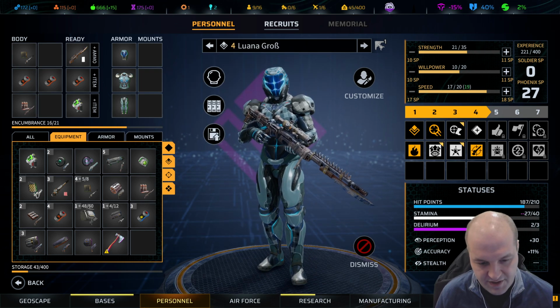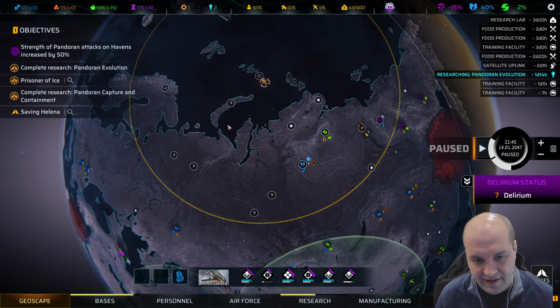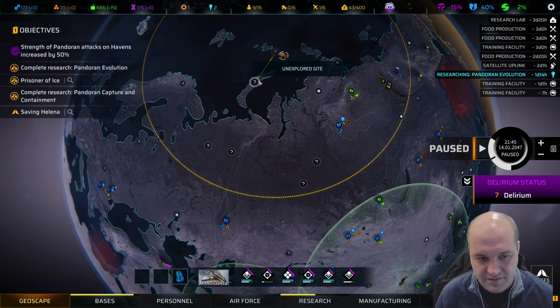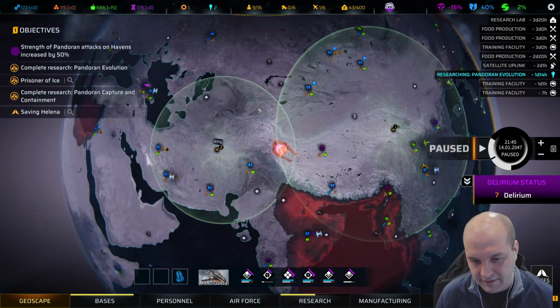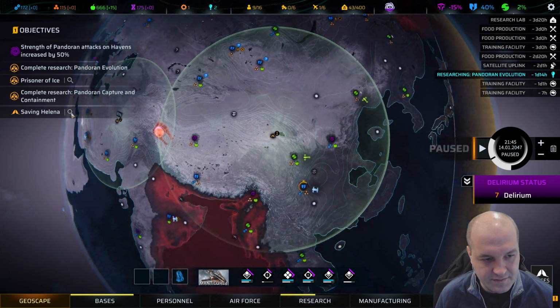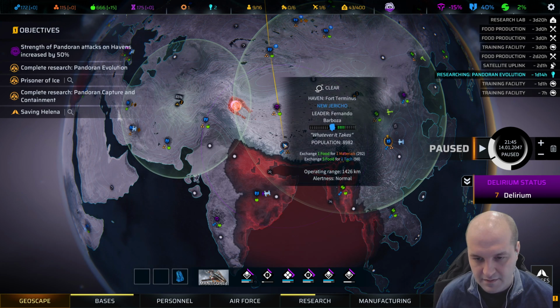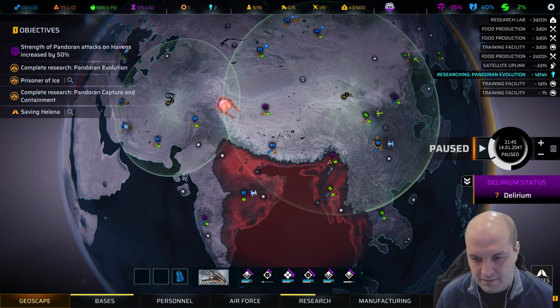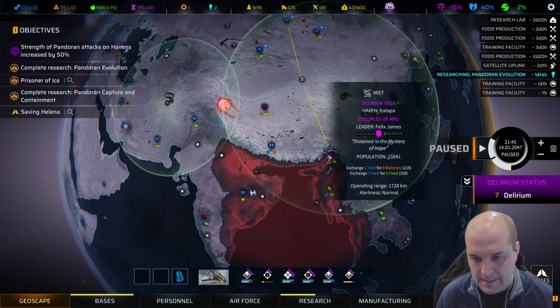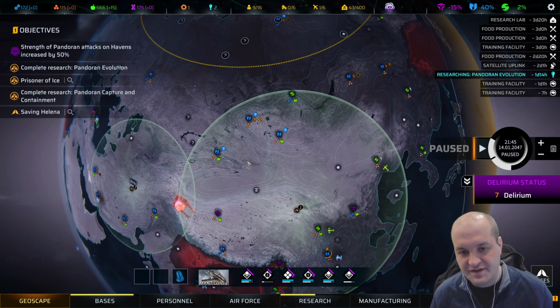Okay, let's talk about overall strategy. Because I built a load of stuff which is just setting me up for dragging the game out if I have to. I'm going to go from here, down here, down here, down here. I'm just going to cut down, basically. And we're going to go and rescue Helena, which is here. I think it's this base here. Or is it this? No. Oh no, it's this base here. Yeah, we're going to go and rescue her